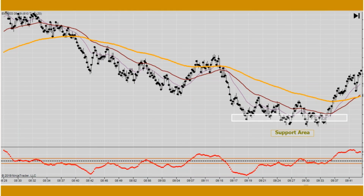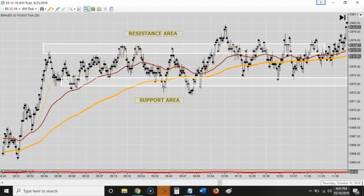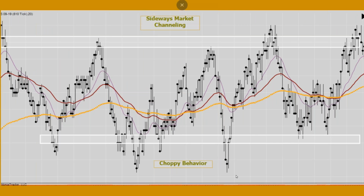Okay, so support area. Guys, learn these areas. They're so simple, so easy, and it's literally the basic language of the market. It's talking to us. It wants to tell you, stop, chill out, let me figure out where I'm going, and then get in. All right, and that's the channel. You want to have the support and resistance drawn in so that you are ready,